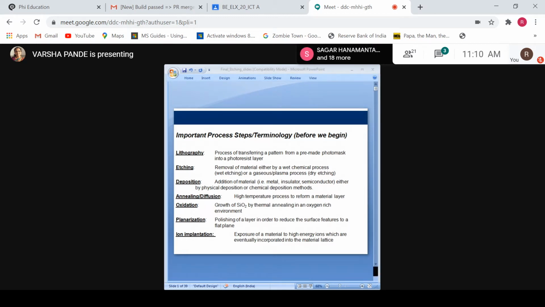After this, the wafer is produced and then the polishing is done, so that the surface will be plane. And ion implantation and diffusion are nothing but the doping of atoms. Doping means addition of foreign atoms into the substrate. Then the exposed area will be there, and through that exposed area, either by using diffusion or by using ion implantation, we can add impurity atoms to the layer or to the substrate material.